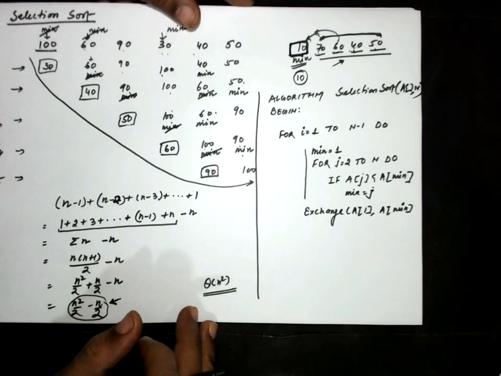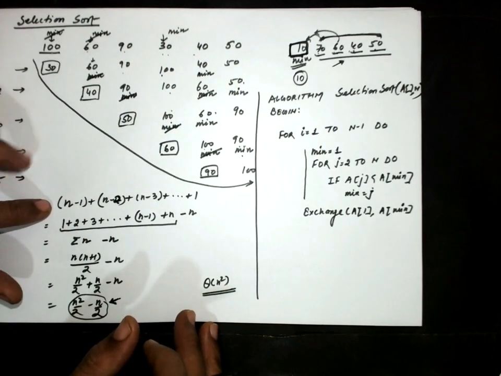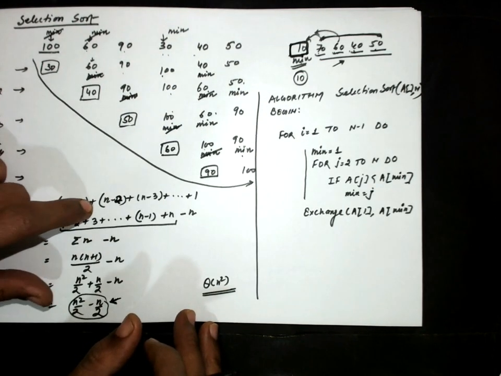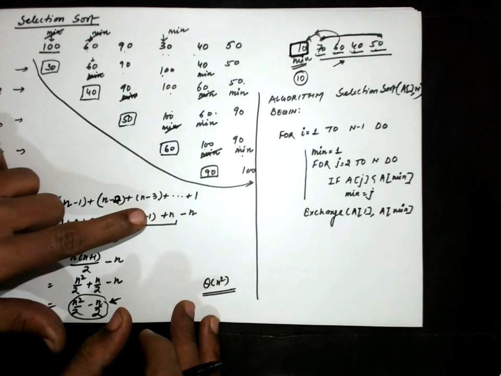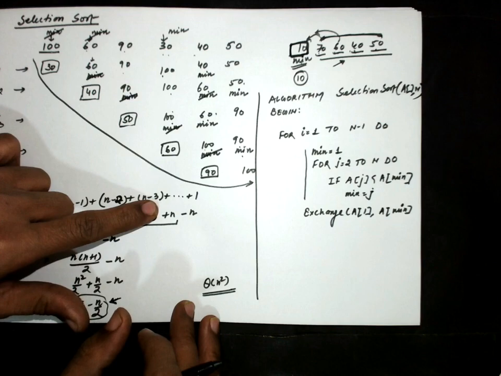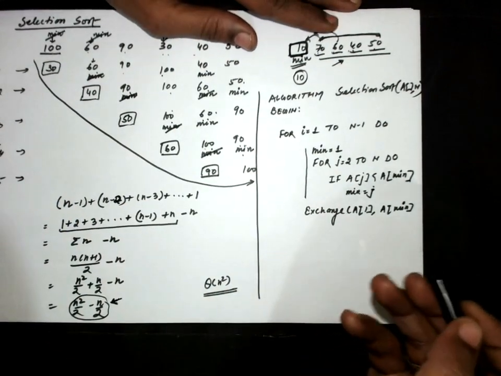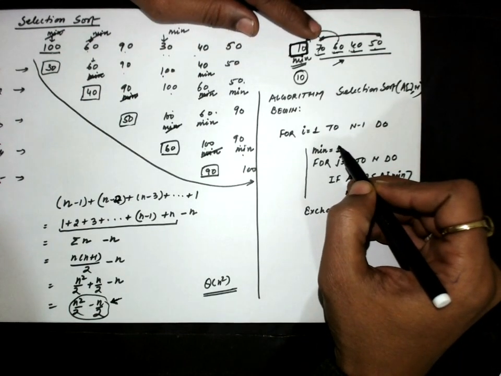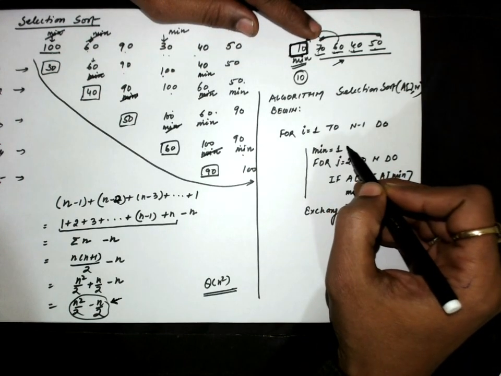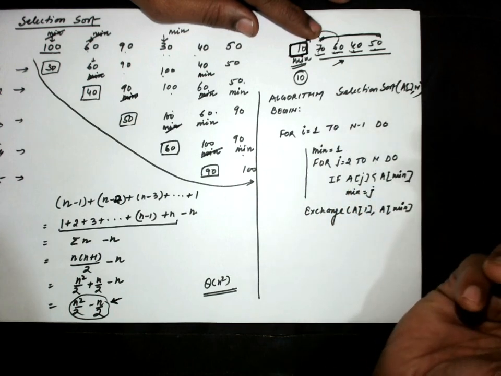And now let us see what changes will be made inside, because in the first iteration we have to make only n-1 comparisons. In the second we have to make n-2 comparisons, one less than the previous one. In the third iteration I have to make one less comparison than the previous iteration. So we will make these changes. First, change the minimum. In the first iteration, the minimum element is set as the first element, but in the second iteration it will be set as the second element. In the third iteration, minimum will be set as the third